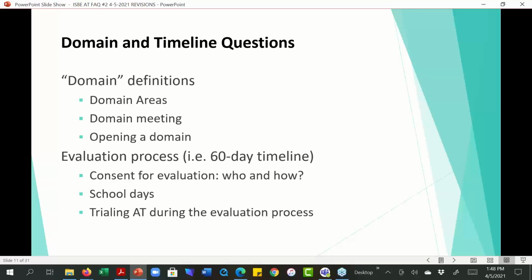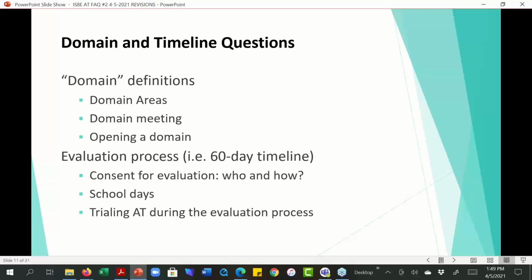And at the end of that domain meeting, you most likely will be receiving consent from a parent or guardian to complete evaluations in the domain areas that you identified. When we say the term opening a domain, that means we've decided we need more information in a certain area. We're opening up that domain. We're asking for consent to evaluate in that domain.